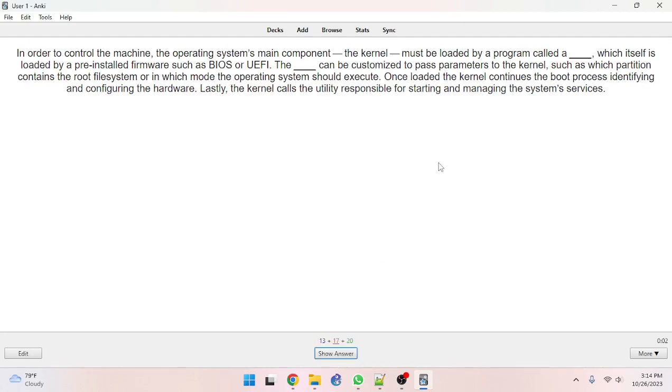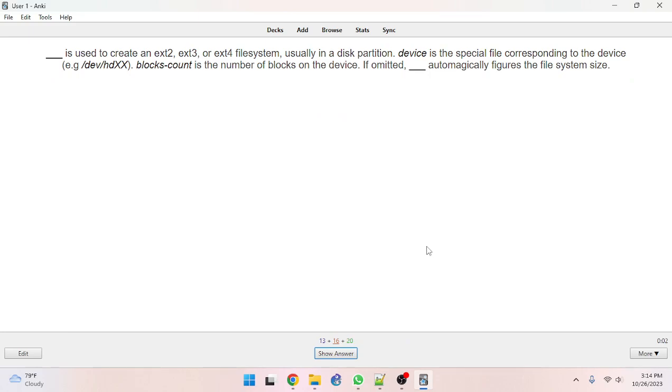In order to control the machine, the operating system's main component, the kernel, must be loaded by a program called a bootloader. Blank is used to create an ext2, ext3, or ext4 file system, usually in a disk partition. Device is the special file corresponding to the device. Blocks-count is the number of blocks on the device. If omitted,